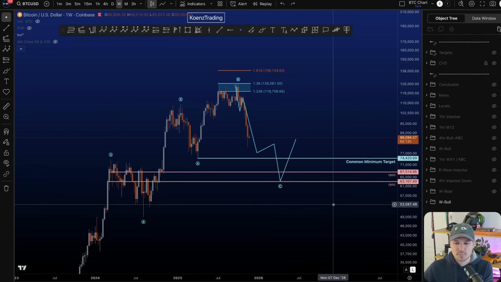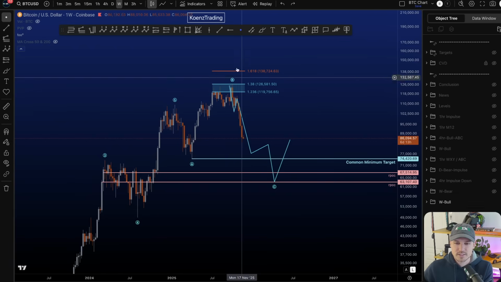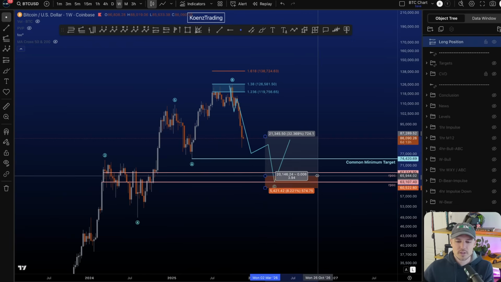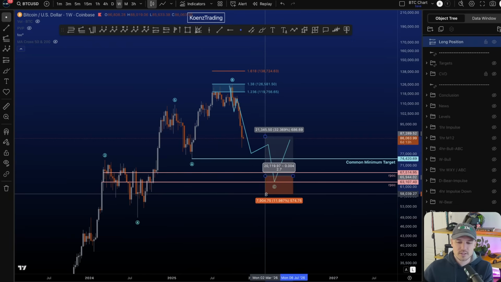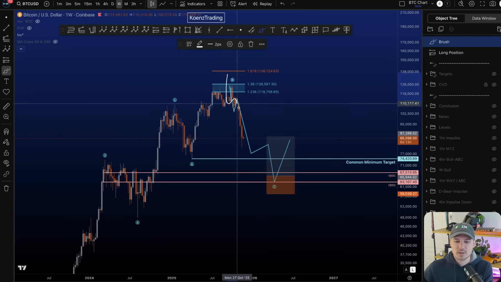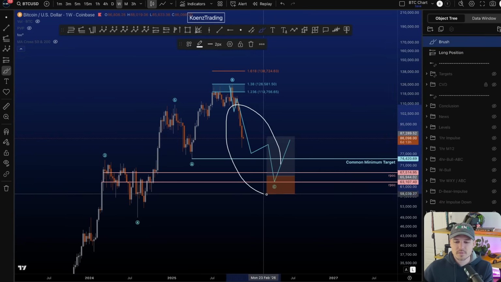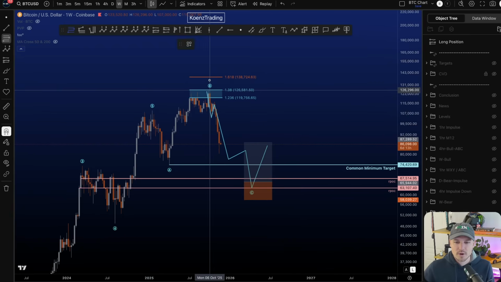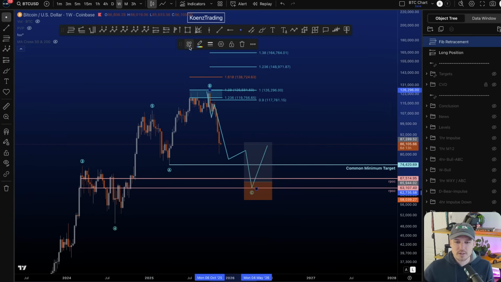I have two areas of support here, between 67.5k and 63.1k. In general, the goal is to try and long the end of a wave C. Of course, we're on a weekly time frame, so arguably you're looking at swing trading or potential DCA for longer term investments, but you're looking for a bounce towards the upside. 1, 2, 3, 4, 5. After 5 waves to the downside, you're looking for a move back up, where the minimum target would be the